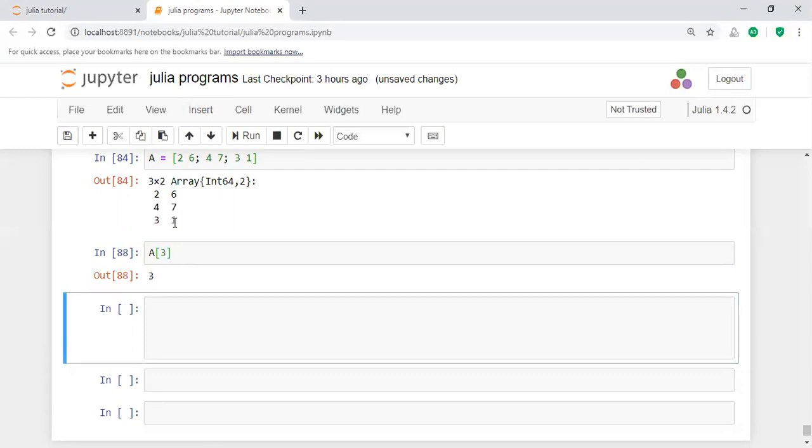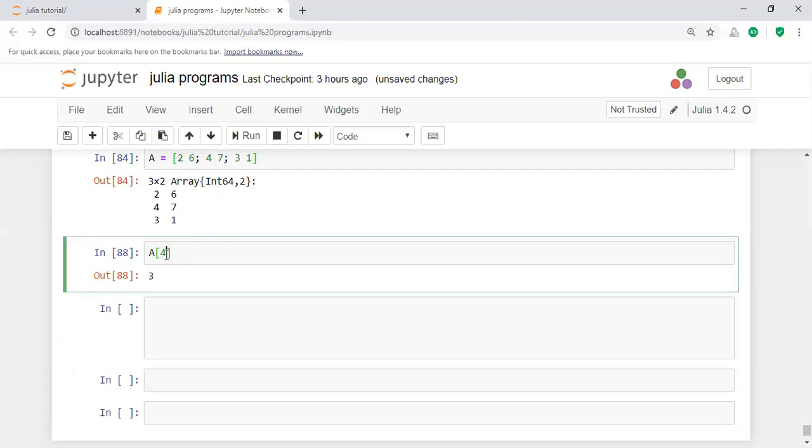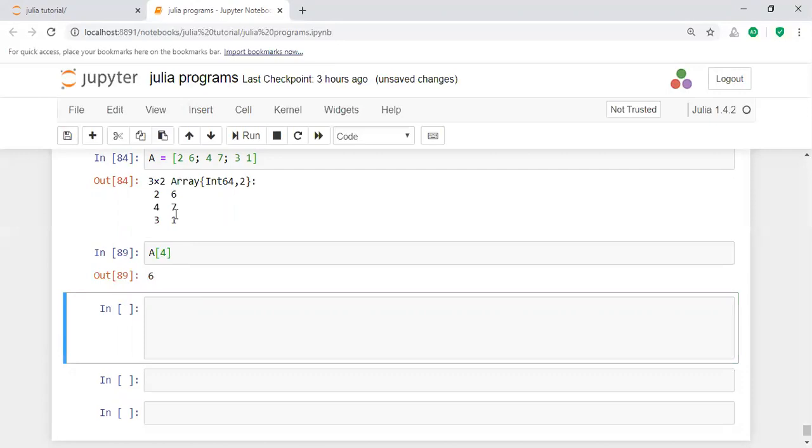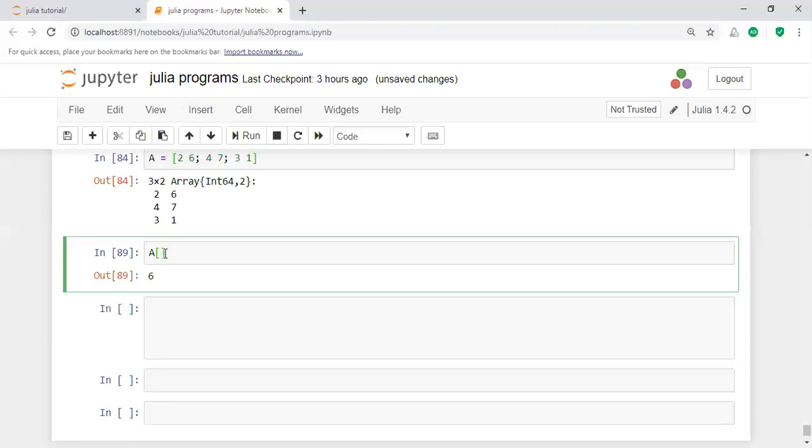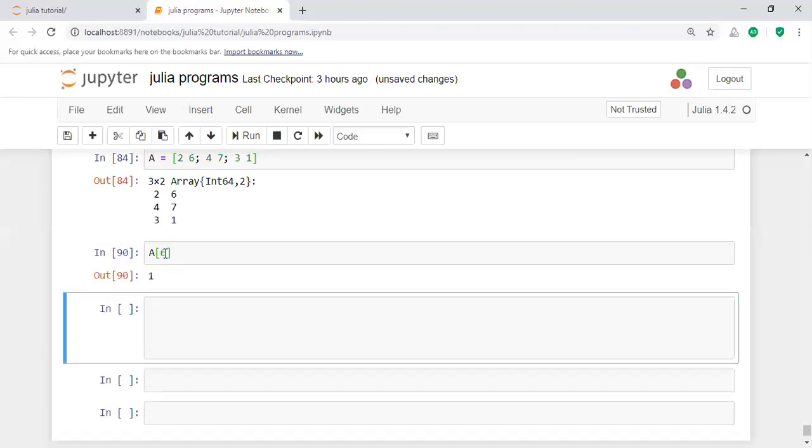The third element is 3. Similarly the fourth element. What is the fourth element here? The fourth element is a 6. Similarly the fifth element. And then come to the sixth element. What is the sixth element here? It is 1. The sixth element is considered as the value 1. In this way, you will access multi-dimensional array elements also. In this way, you will perform the accesses.